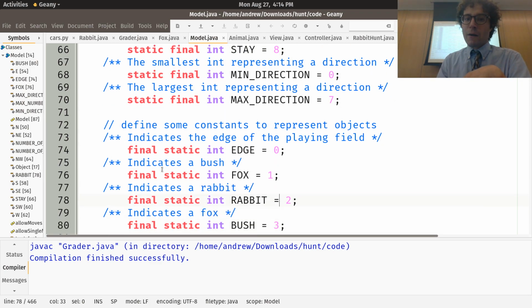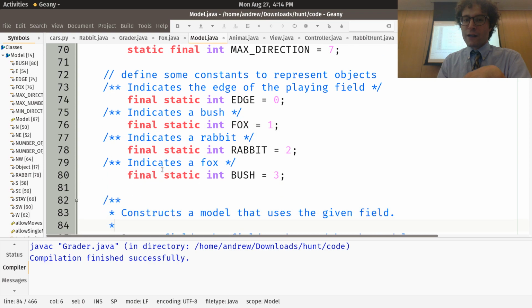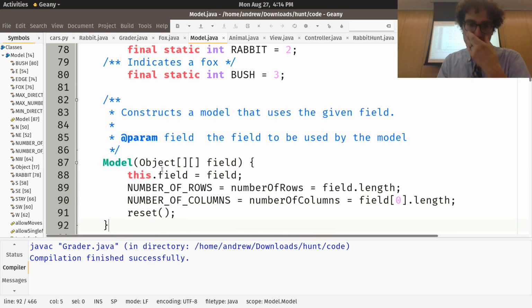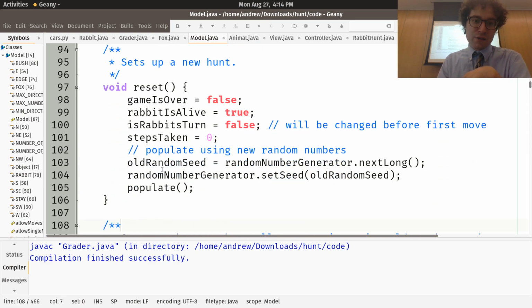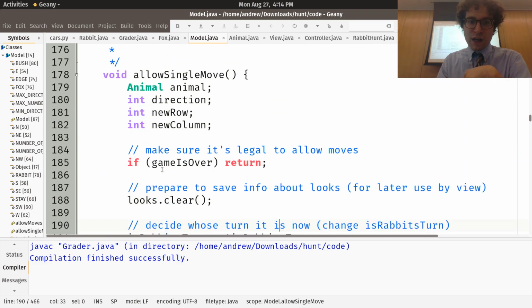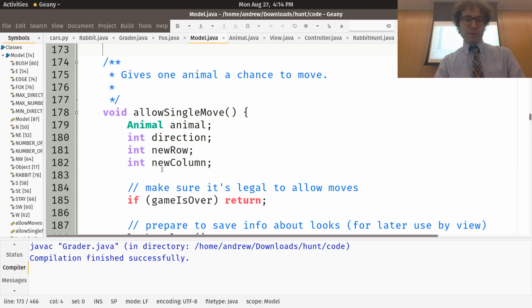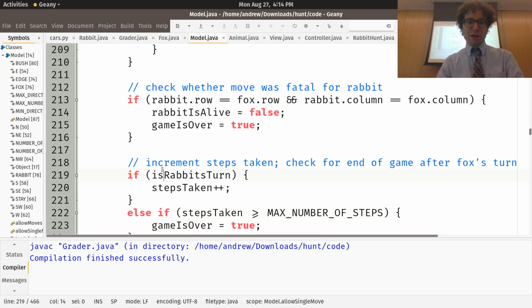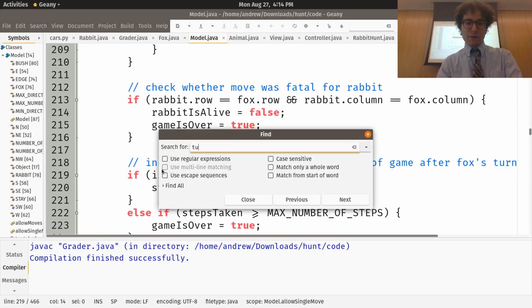And then there are integers to represent whether you found a fox, a rabbit, or a bush. In a second I'll show you how that works, which I did not do in the previous class, but I've decided that's a better idea. Other than that, there's really nothing here that you're going to call except for this method over here,